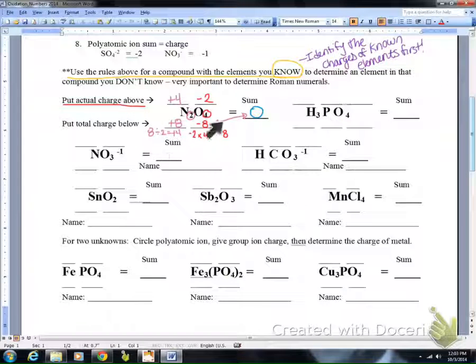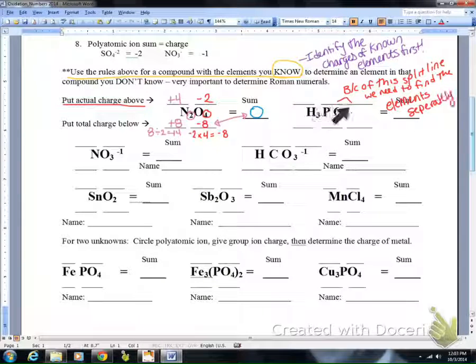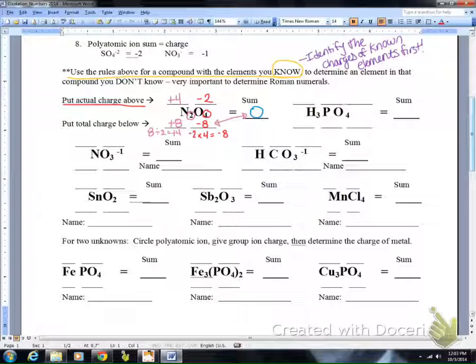So that's the electron distribution within that compound, and those are the correct oxidation numbers. So let's do H3PO4. Sometimes we're going to do PO4 as an ion, and sometimes we're going to do these as separate elements. Because of that split line there, we're going to identify those elements' oxidation numbers separately. So the first thing that we're going to do is identify our known elements first, and I actually know 2,